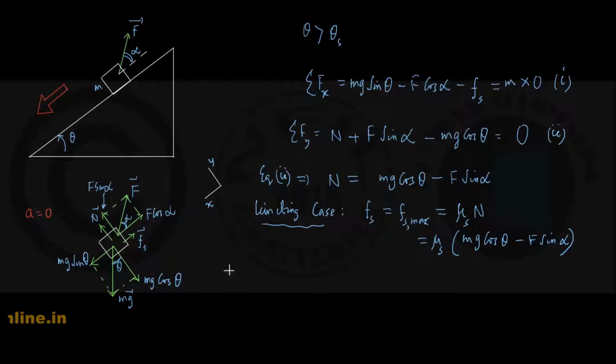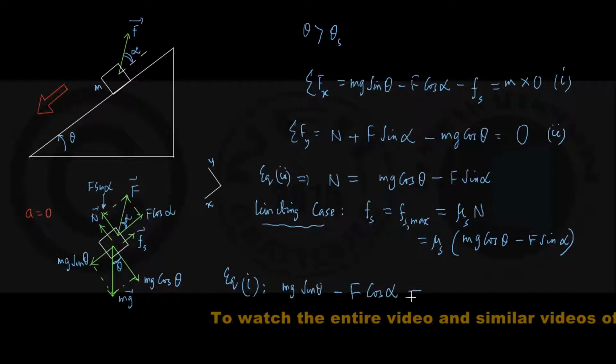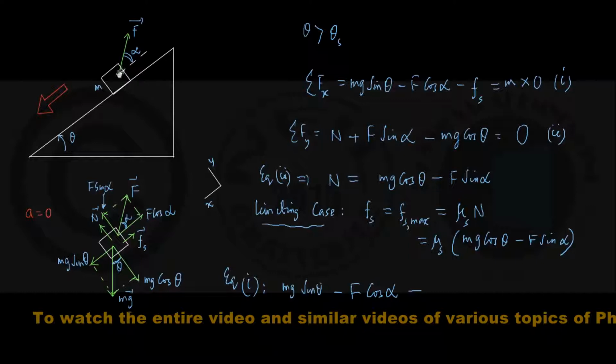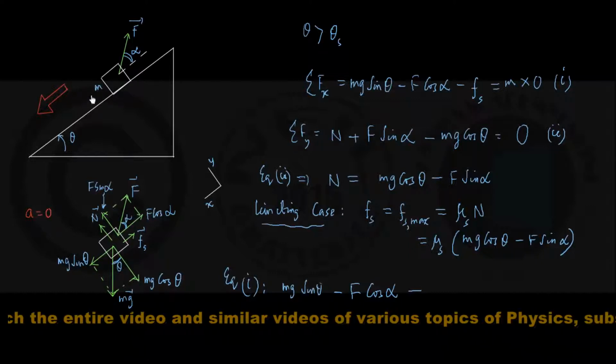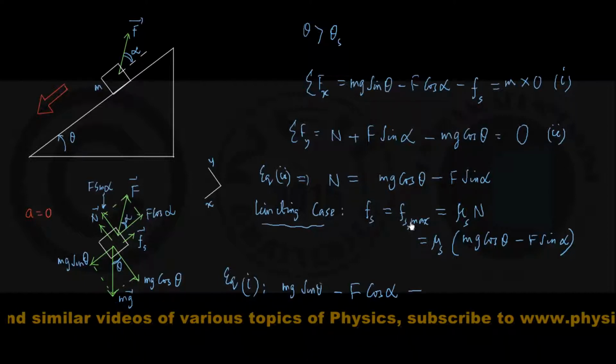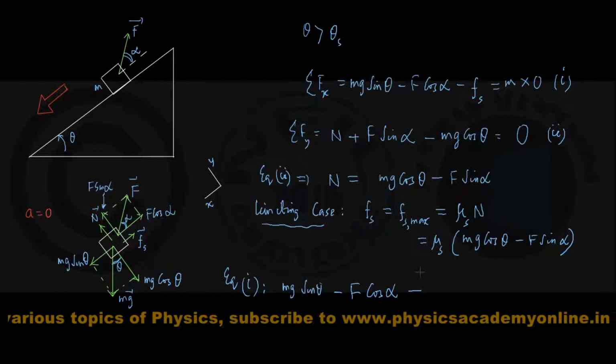So going back to equation number 1, I could write down, this is mg sin theta minus F cos alpha, and just now I have shown that when you go for the lower limit of the applied force F, we must consider the situation where the block is on the verge of motion down the incline. Hence, static frictional force becomes equal to the limiting frictional force, and we just replace this value of Fs in this expression and get